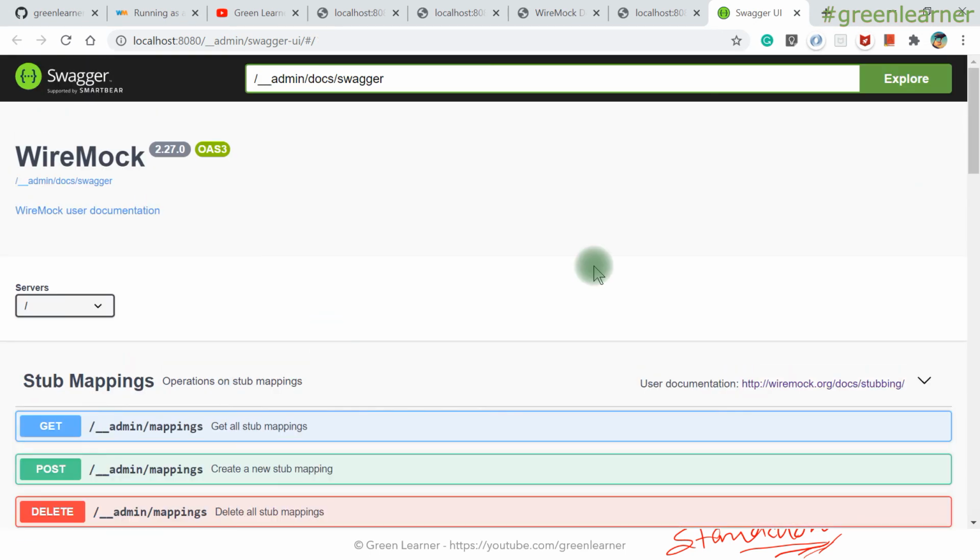The last topic in WireMock server I want to show is recording. So how we can record the request and response of a running website that is in production, or I can say any third party API that we are using in our service, how we can create the automatic stubbing of that one, right?